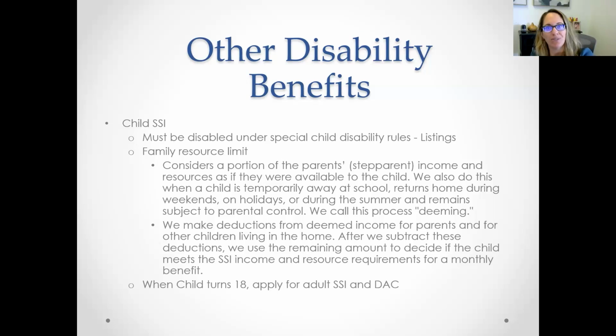There are special rules about what disability means for children, and I'll get into that later, but basically they have to meet very specific criteria. And the other trick is for children, even who very clearly meet the disability criteria, it's only SSI and there is a resource limit. So just like for adults, the resource limit is $2,000. You can only have $2,000 in assets and resources to qualify for this.